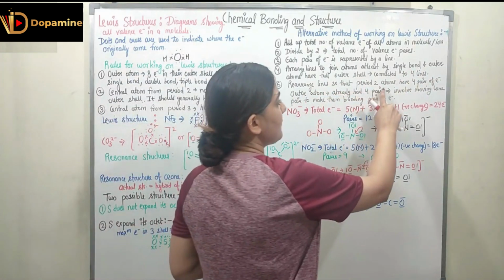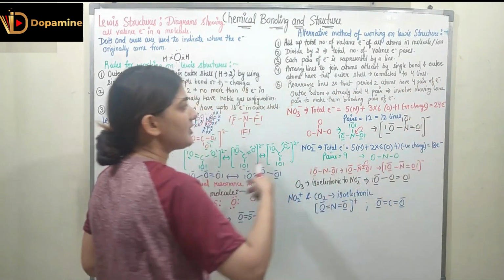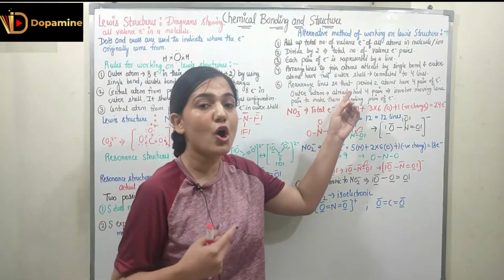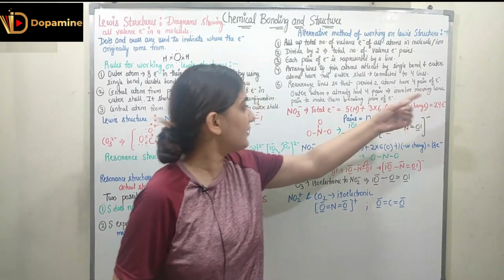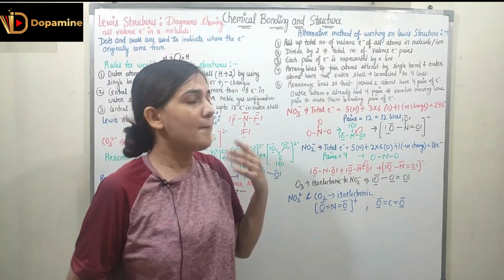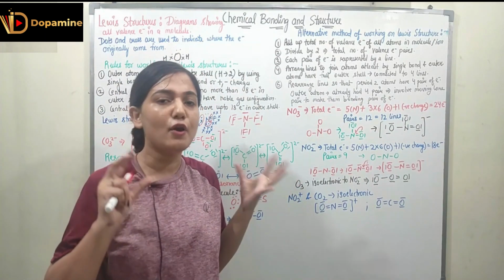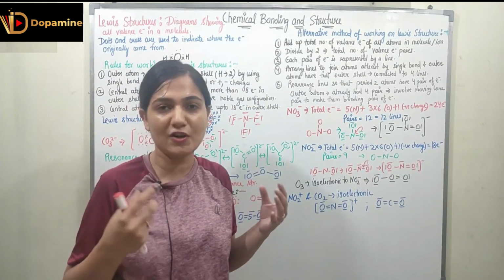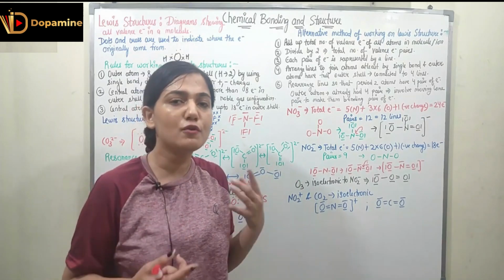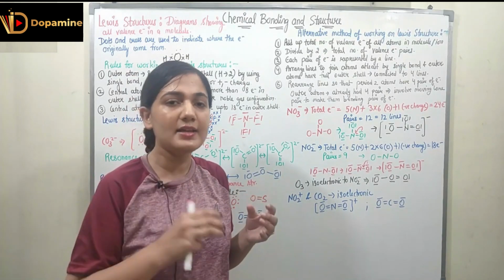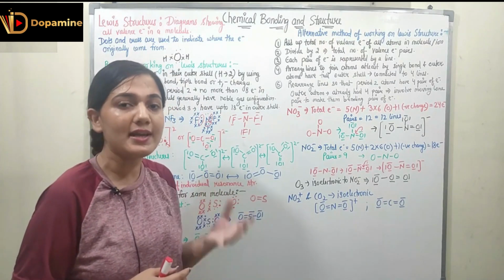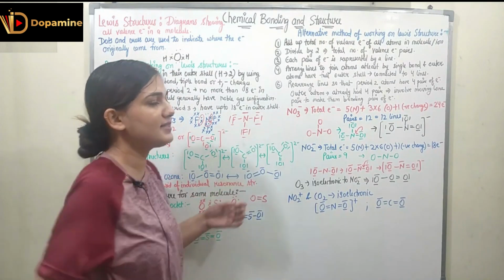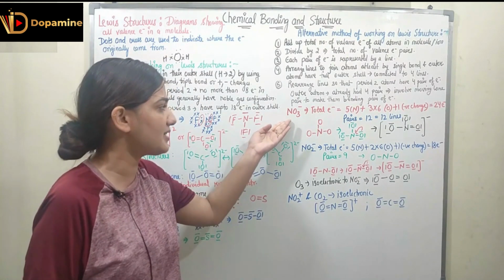Rearrange lines so that the period 2 atom has 4 pairs of electrons, and the outer atoms which already had 4 pairs, now it may involve moving a lone pair to make a bonded pair of electrons. So we do not disturb the outer atoms' electron pairs, and we have to move them in such a manner that the central atom will also have 8 valence electrons. So now let's understand this with the help of an example.